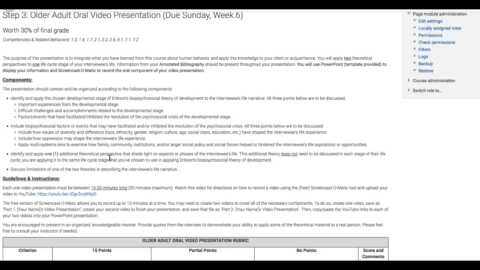For this part of the assignment, you want to make sure that you're identifying and applying 1 additional theoretical perspective that sheds light on aspects or phases of the interviewee's life. So this additional theory does not need to be discussed in each stage of their life cycle. You are applying it to the same life cycle that you've chosen in applying that Eriksonian biopsychosocial theory of development. You also want to make sure that you're discussing the limitations of 1 or 2 of the theories in describing the interviewee's life narrative. So each oral video presentation must be within 15 to 20 minutes long, so that's 20-minute